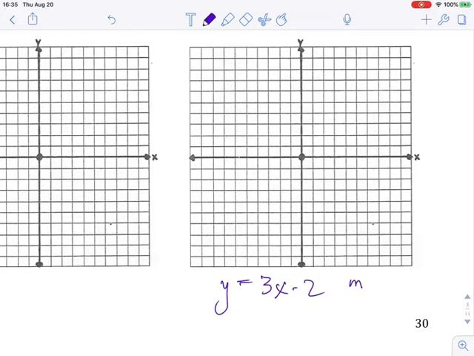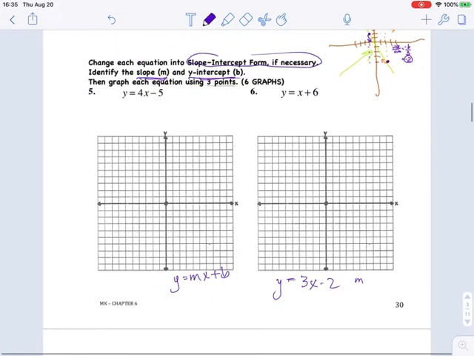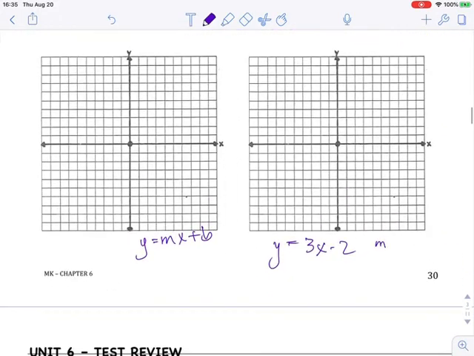Slope-intercept form, let's review. Y equals mx plus b. This is slope-intercept form. Okay? M is the slope. That is where the slope is coded, and b is the y-intercept. This is where the y-intercept is coded. Now, that makes sense. I'll explain that as I move on in this problem, but let's just look at this